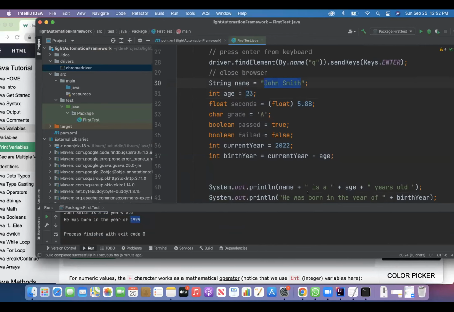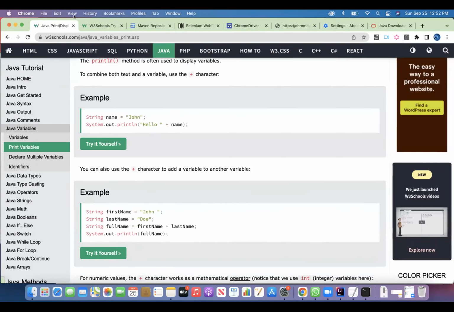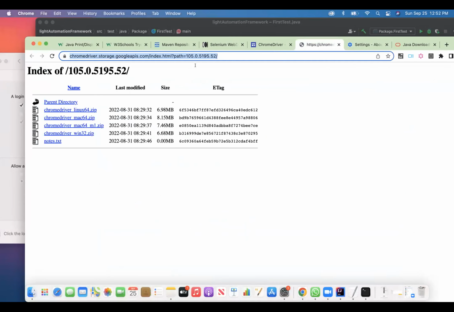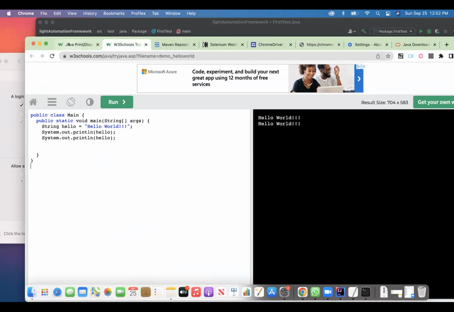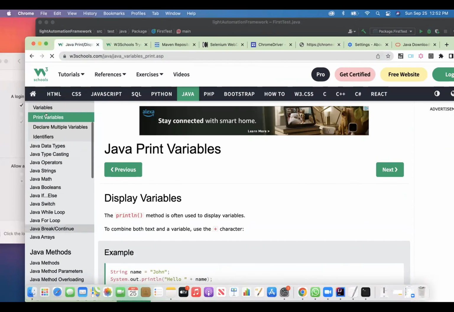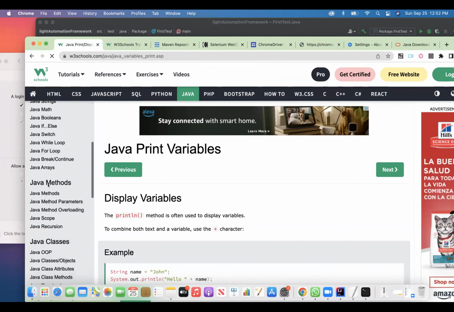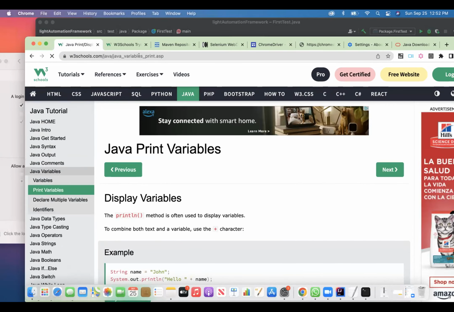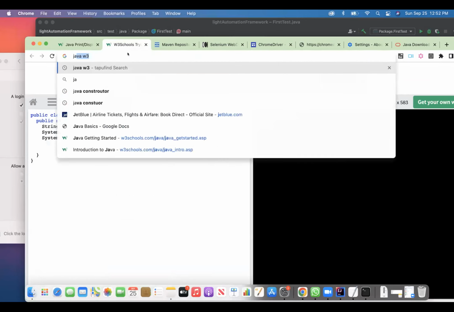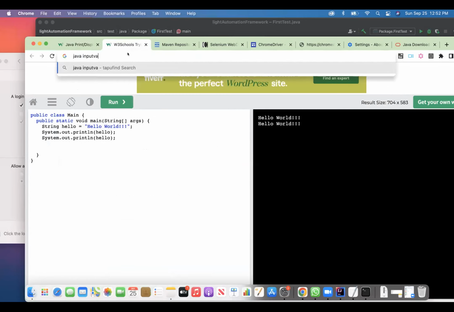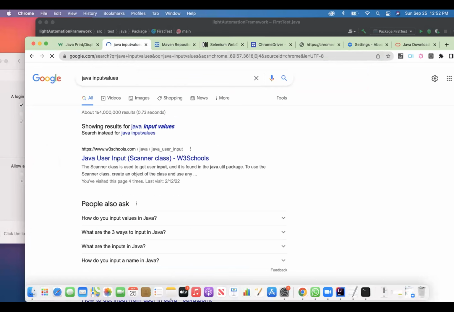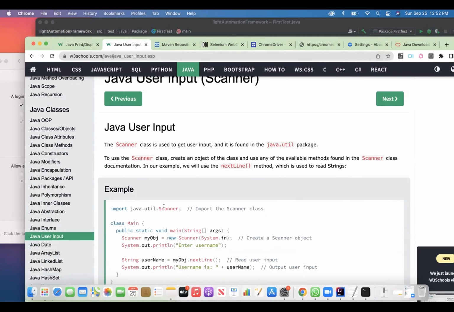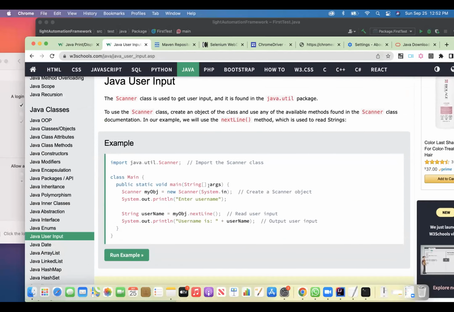So if you want to get input value, I think there is the topic right there somewhere, input values. And just type it in here, Java. User input, okay, that's the one. Okay, right there. Okay, I didn't find it before. Okay. So user input basically